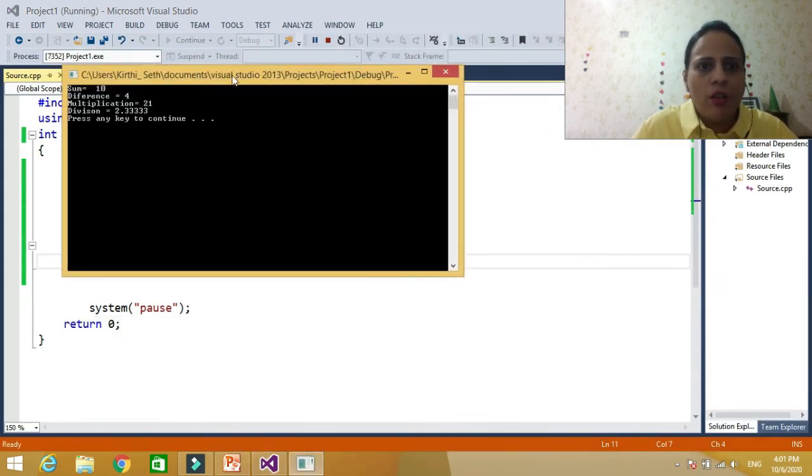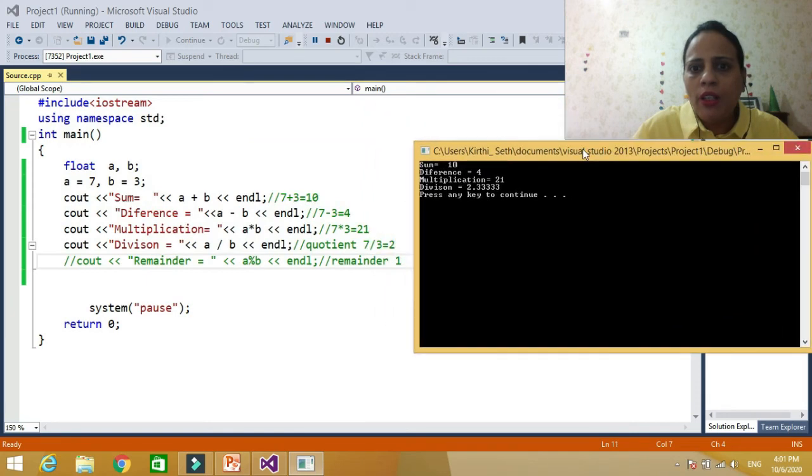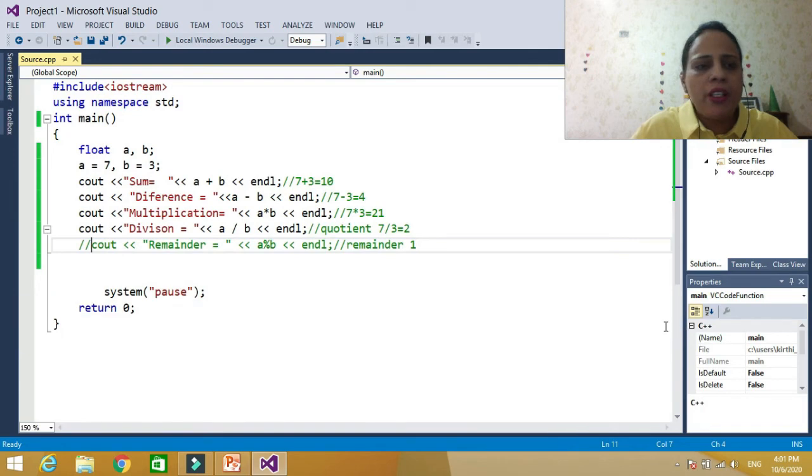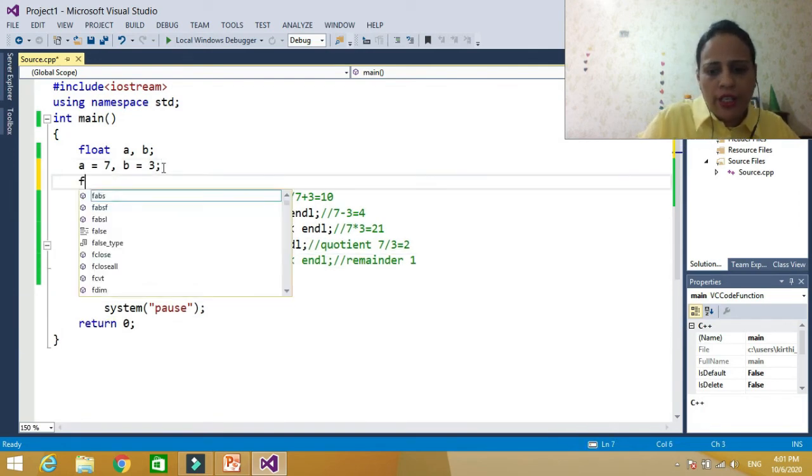Now because it is a floating point number, division will give you 2.33333, complete division, perfect division. Rest all is the same. So either you can apply these operators directly in the cout statement, or you could declare another variable.